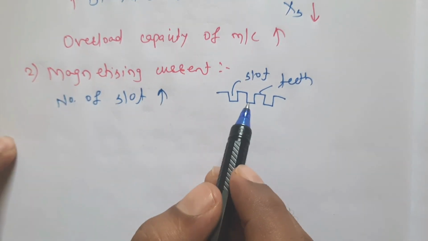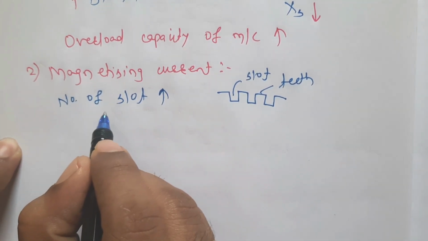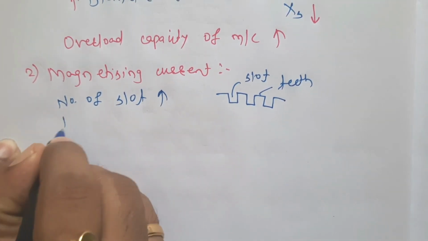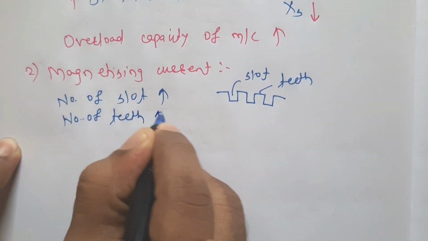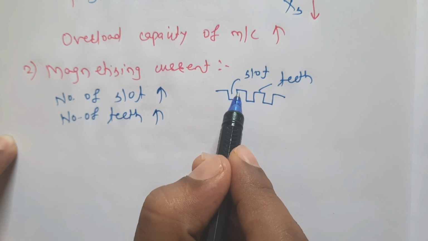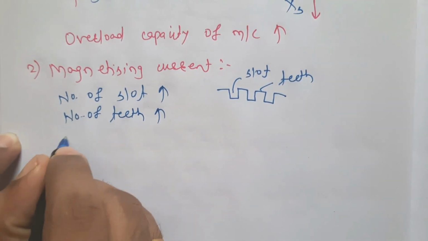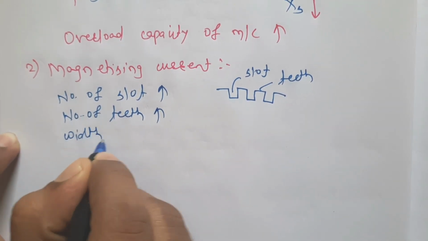This is slot and this is teeth. As the number of slot increases, number of teeth also increases. Therefore, the width or area of tooth gets reduced. Width of teeth